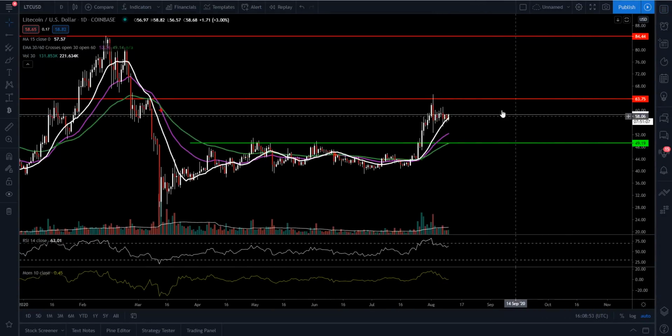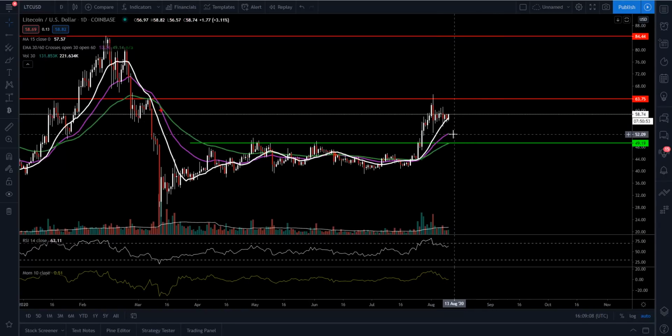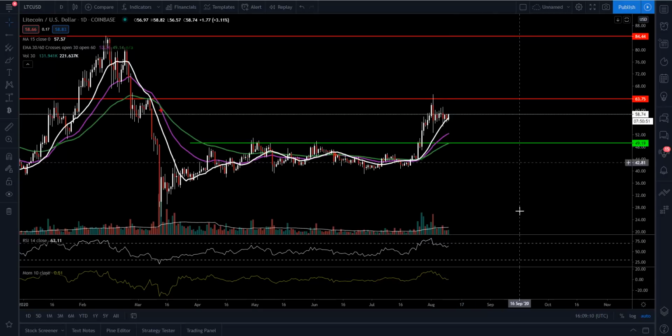So for Litecoin, we're trying to find support right now off this 15 moving average. That may be the area that we get a little bounce off of here. Our RSI is at 63, so it's more cooled down than other coins, so we could potentially pump from this area. If we don't get a bounce here, and this isn't our high or low, I would look down to